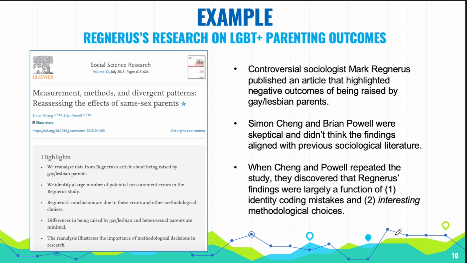When those two factors were corrected by Cheng and Powell, they recognized that the conclusions of the study were no longer of a big magnitude, and some were no longer statistically significant. In other words, some of the statistical work that had been performed was manipulating some of the data, whether intentionally or not. It showed false outcomes. So Cheng and Powell were able to use statistical tools to show that this initial research was not correct or accurate. For fun, I will include the original article as well as Cheng and Powell's reanalysis up here.